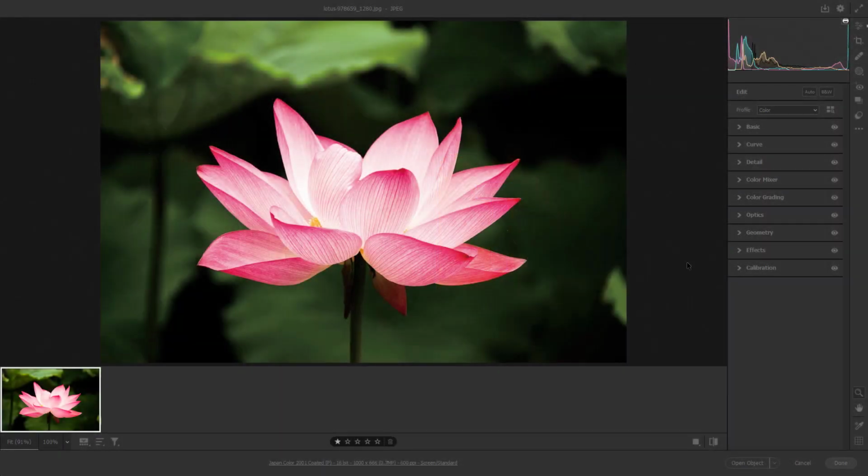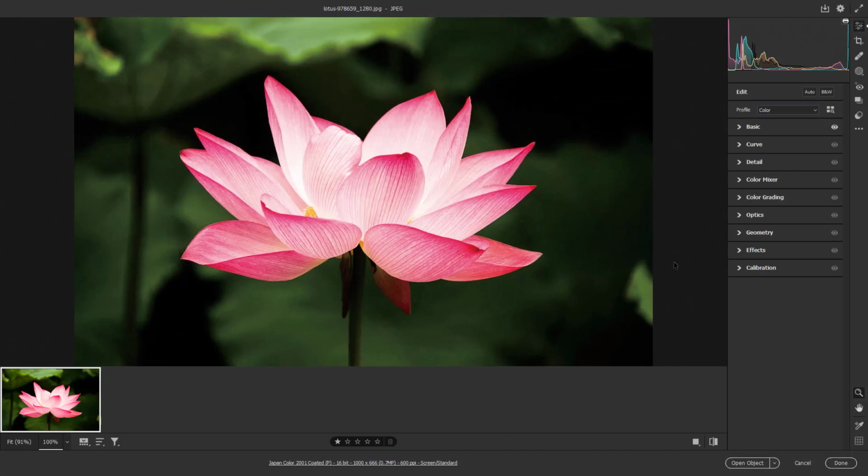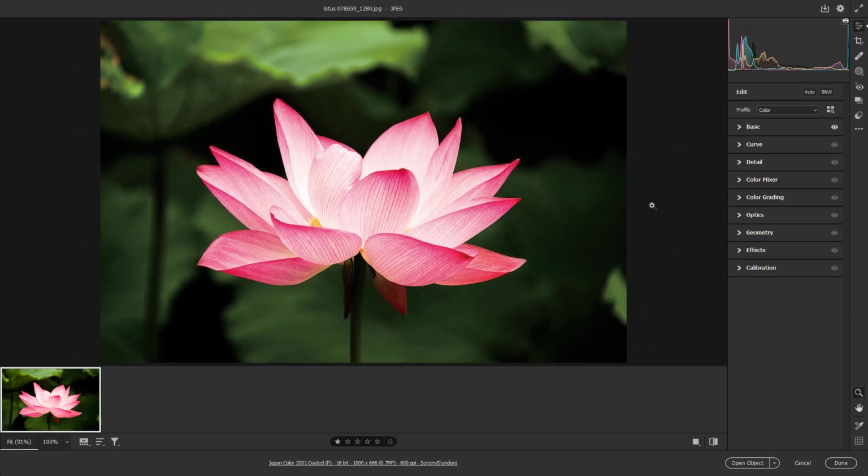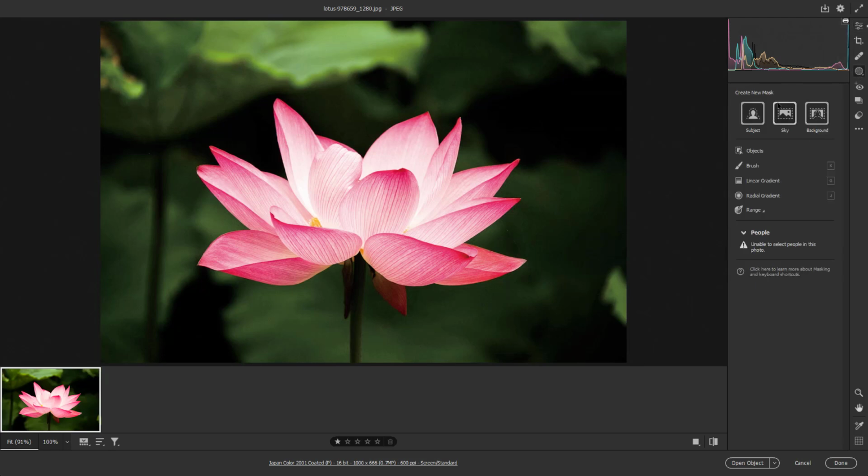So now let's see how we can utilize manual masking tools inside of Adobe Camera RAW. Over here you can see that I have this particular picture, and let's say I want to manually mask certain things out. In that case, you can go onto the masking area right here, and on the top you get the